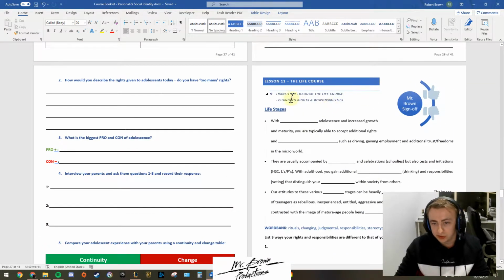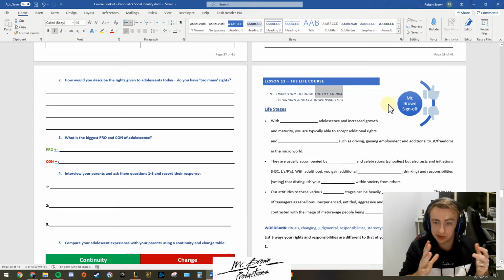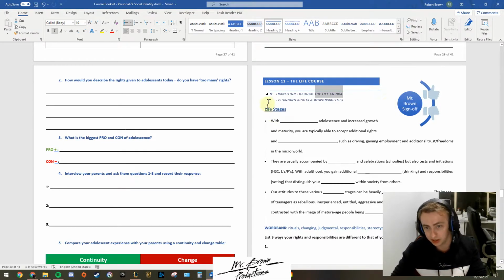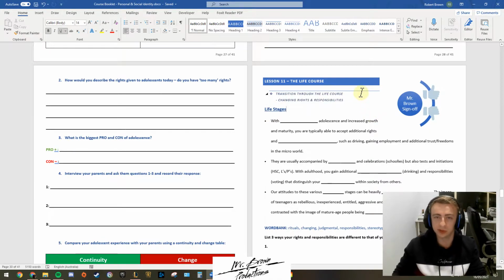So the life course. The syllabus stop point today is to transition through the life course, and we're looking at changing rights and responsibilities. So transition through the life course. Essentially what this means, the life course is, if you want to put in a little dash or bracket here, different stages of life. And I've even done that here when I've written the subheading. So the life course is sort of like from beginning to end, what are your changing rights and responsibilities